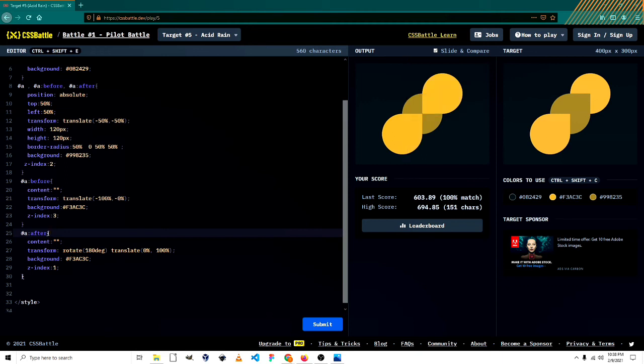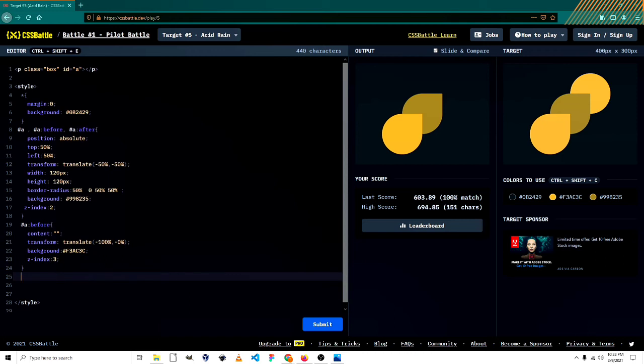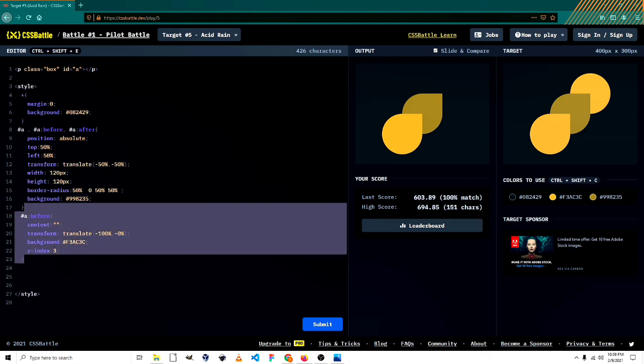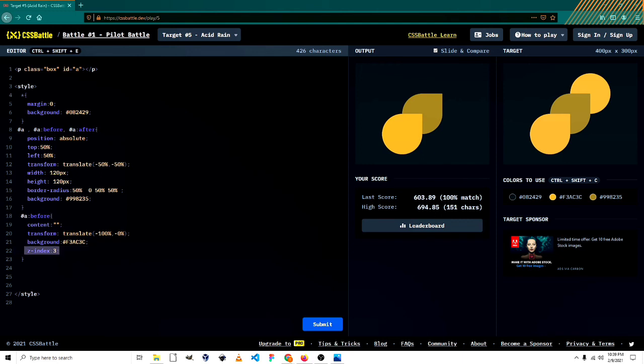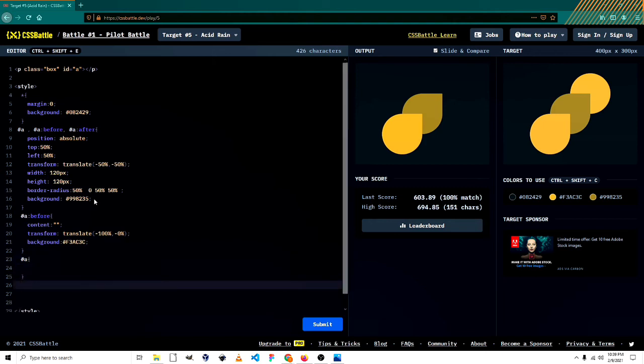This is proper, so let's remove A after. Yeah, so this is proper. Let's remove the z index from here, the A tag, and then you have